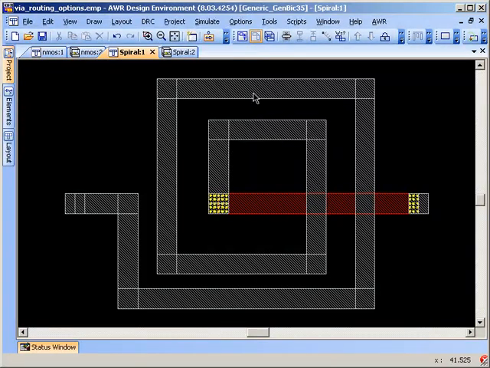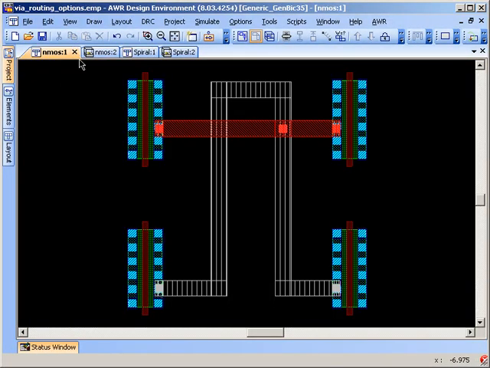So at this point, this could be extracted with one of the many EM simulators we have in our EM socket, i3D, Sonnet, Axiom, EMSite. And then you could use that as the model for this spiral. So going back to our NMOS layout,